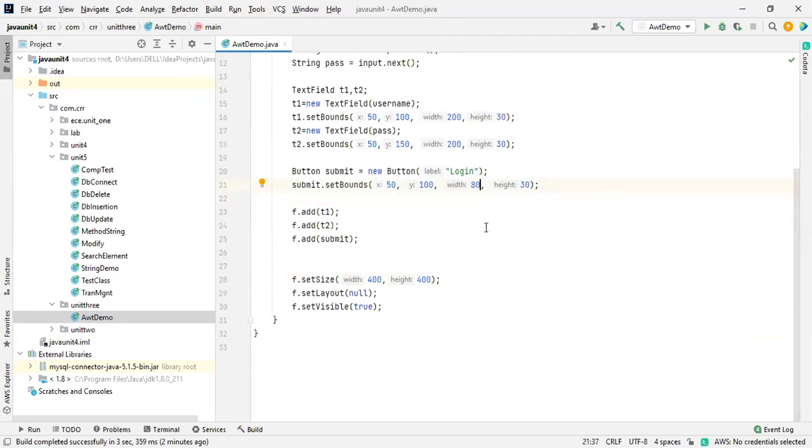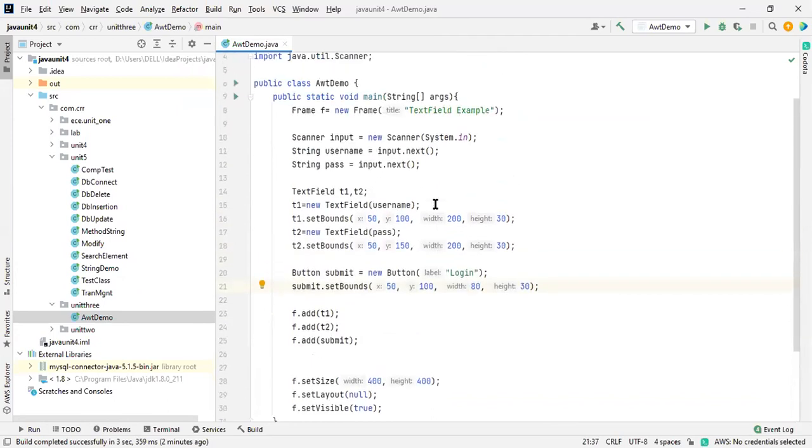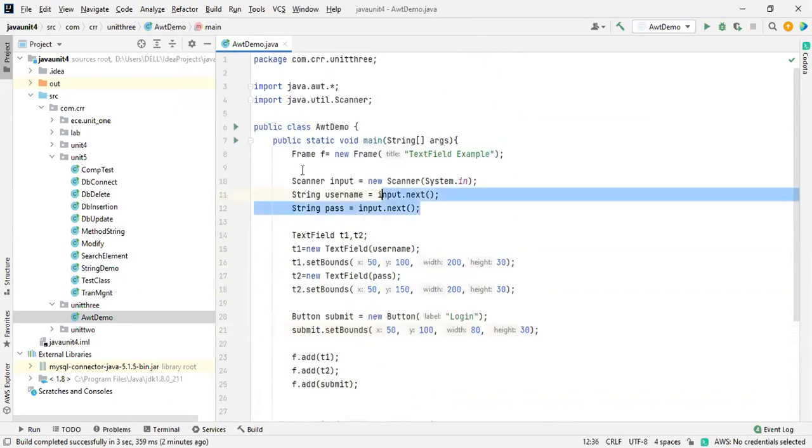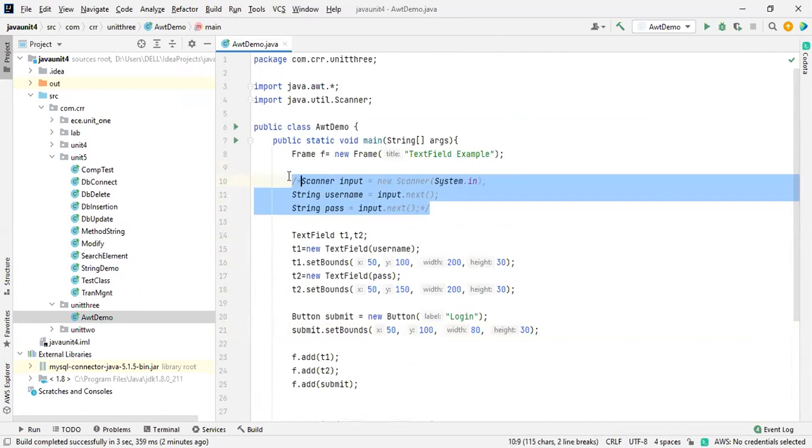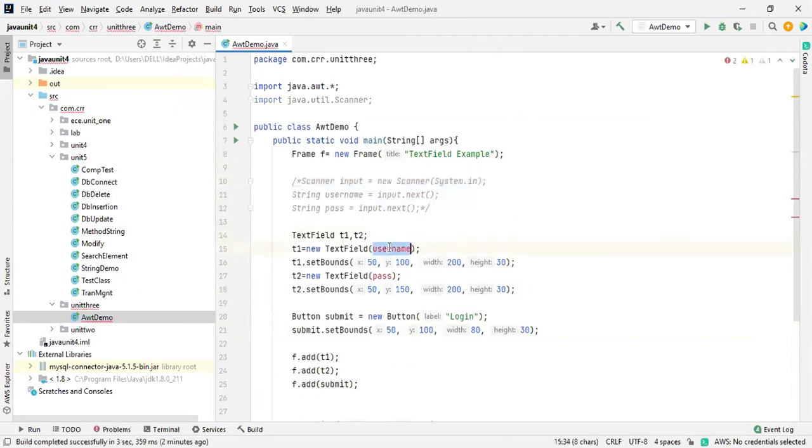Try with the width. I think width doesn't matter. What is the issue over here? Let me make this a comment. I will pass the values later. I will take default values.